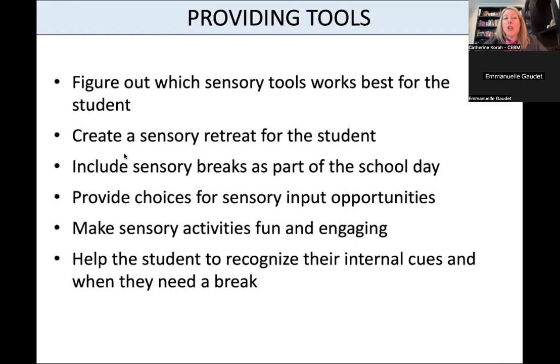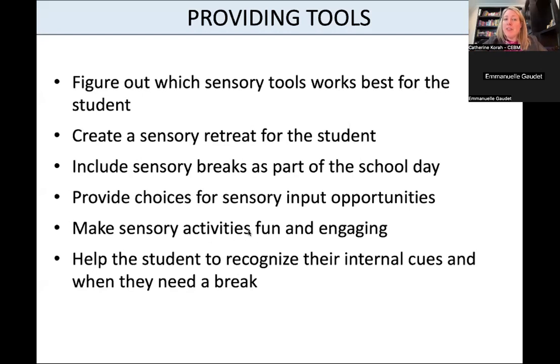In terms of creating a sensory retreat for that student, having a quiet corner in the classroom, or having maybe something in the hallway, or another space in the building where the student can go in terms of retreat, including sensory breaks in the day. And so brain breaks can be part of it, but some students don't do well with high level activities. It actually dysregulates them further. And so maybe doing a very quiet, fine motor activity could be something that is helpful for that student. Again, providing a choice for them to be able to discover what works and what doesn't.